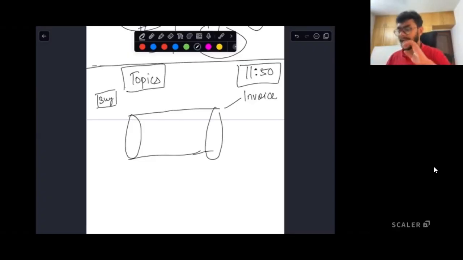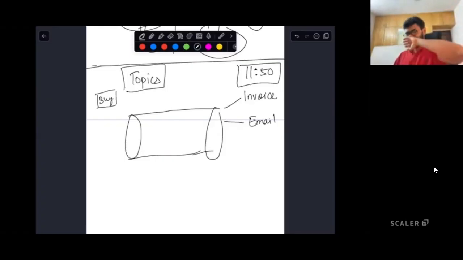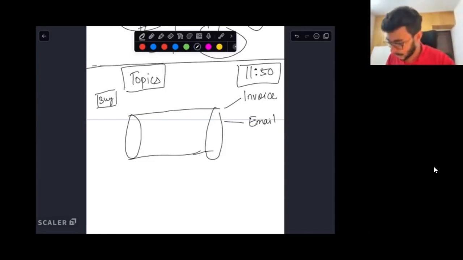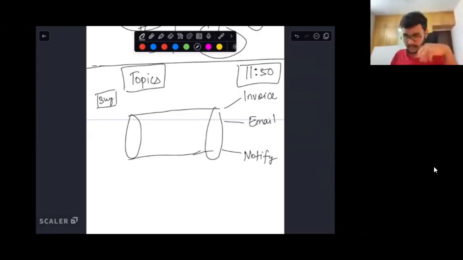After that purchase has been done, you may be wanting to send a confirmation email notifying you that you've bought this product. And you may even want to send an Android notification to your customer that, hey, something of this sort has been bought.